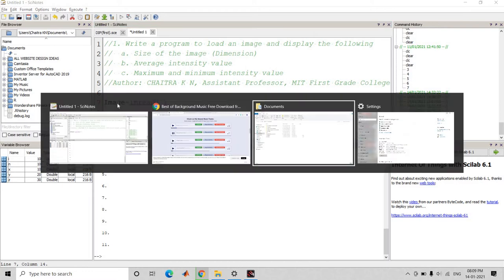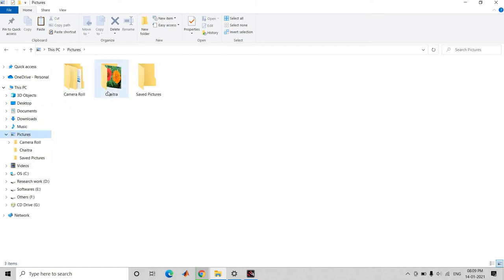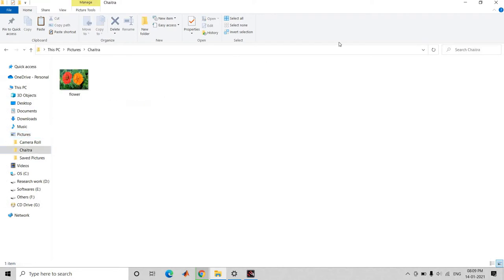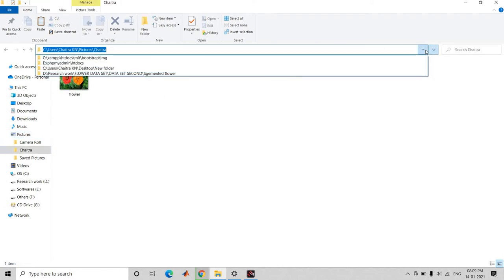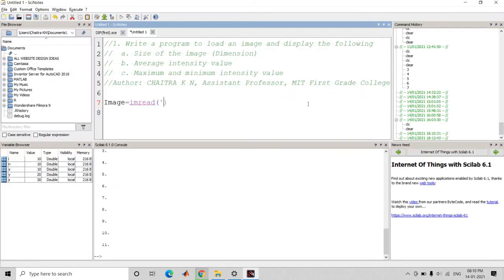Here, I have my image in the folder pictures, and again in that, the folder named Chaitra. Click on it, copy the path of the folder, then go back to the program and paste it.